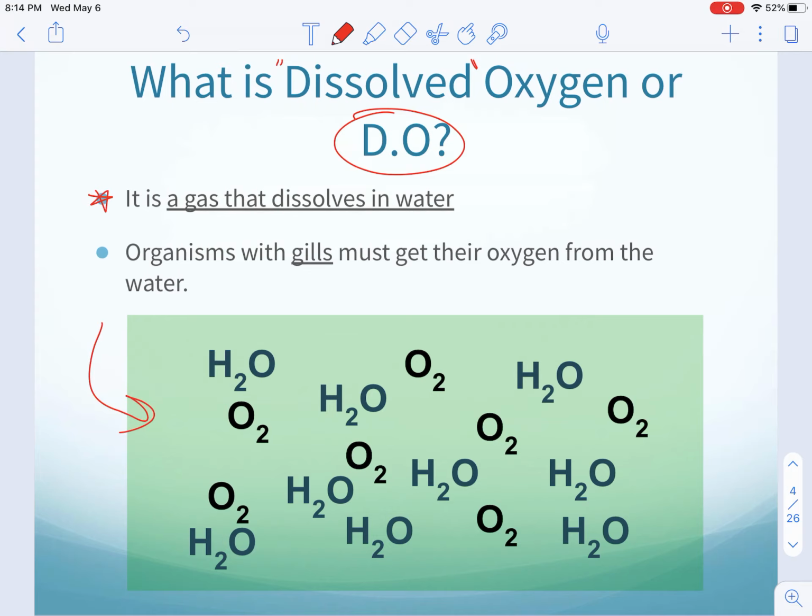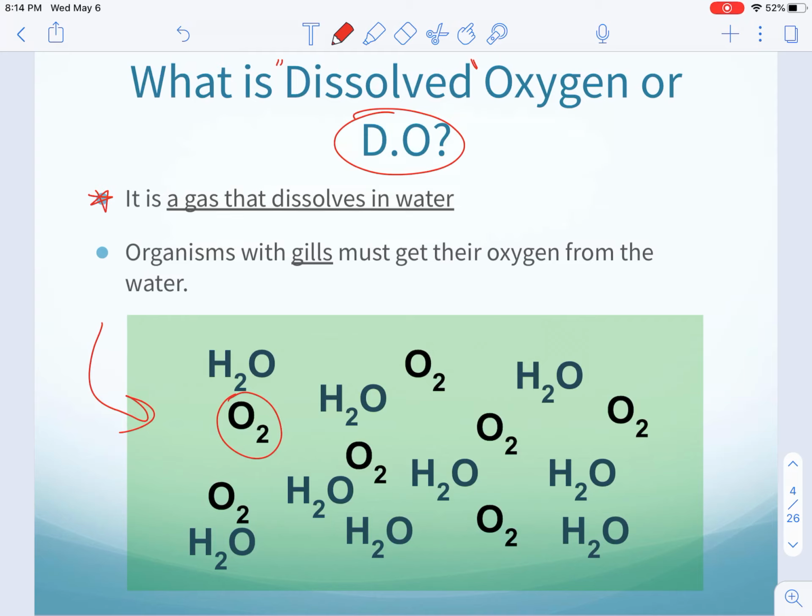We've got a picture here of what that would look like. So we have a whole bunch of water molecules, and in between those different water molecules, you'll see molecules of oxygen. And when we talk about people breathing or terrestrial organisms breathing, they are taking in this exact same thing right here, breathing it in,